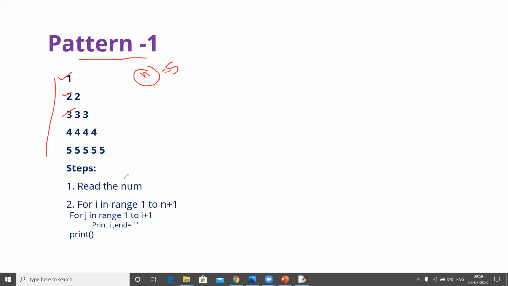For that, you need to take 2 loops. One outer loop for the number of rows. How many rows? 5 rows, right? i is for the number of rows. Similarly, take j for the number of columns. In this row how many columns? 1 column. In this row how many columns do you have? 2 columns, right? For every row, maintain a variable j for the number of columns.